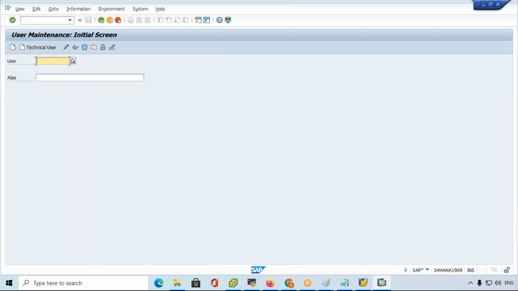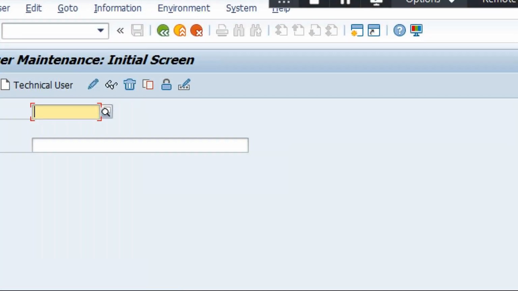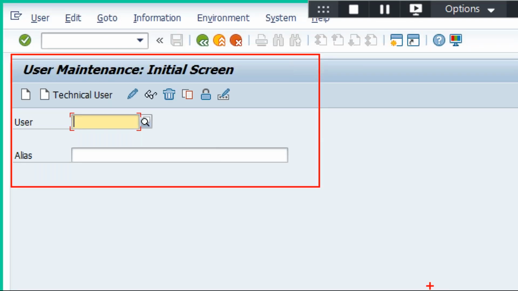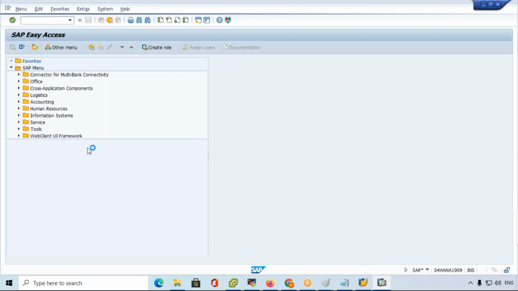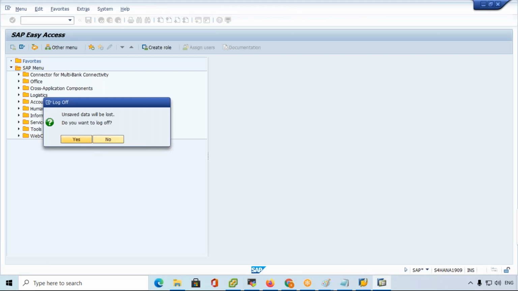Yeah, the window is open. This is the SU01 window. Based on the T code, the window will open. Okay, so this is how to start the SAP system if we install SAP on Linux.